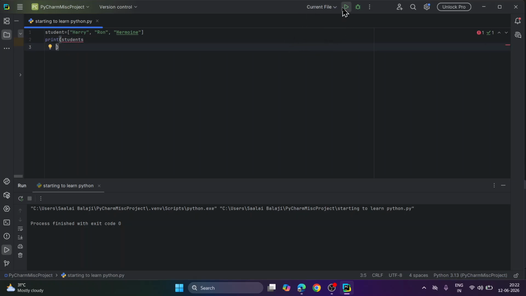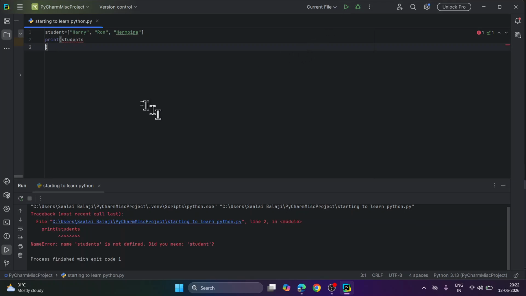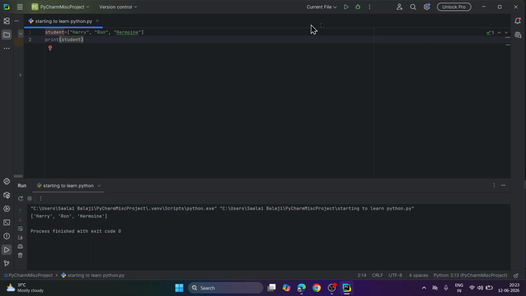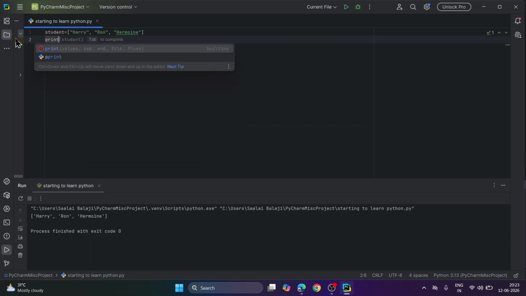Oh, the student because I mentioned here. So student. And then it's all good, right? So it's all printed. So let's say print students